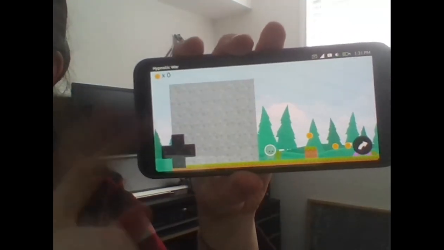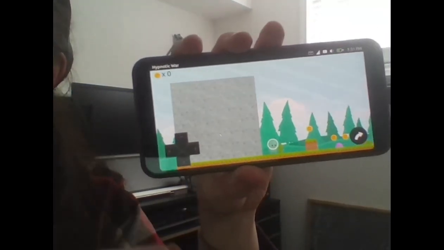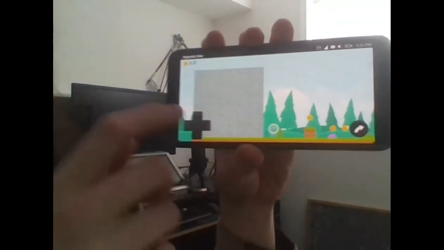Made with GDevelop. You can pay for the GDevelop license to get rid of that image, but as you can see,